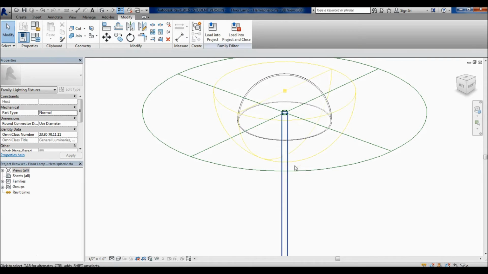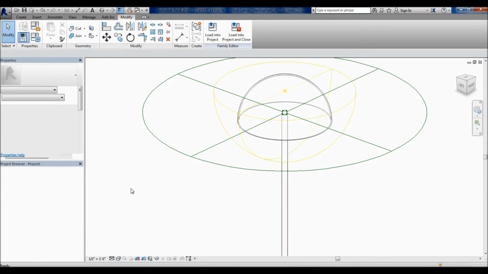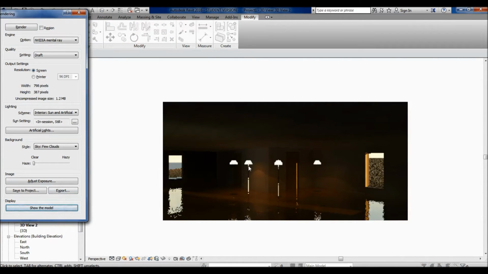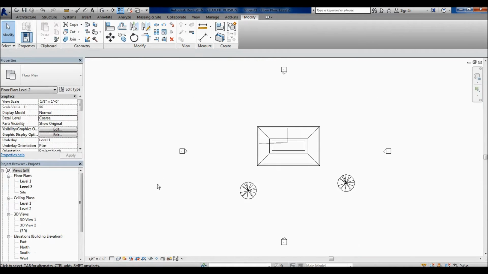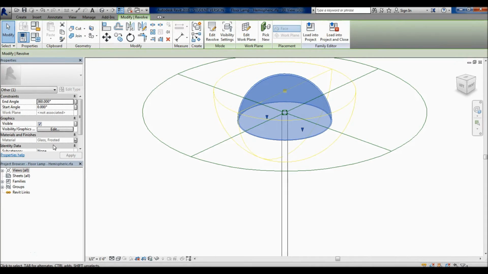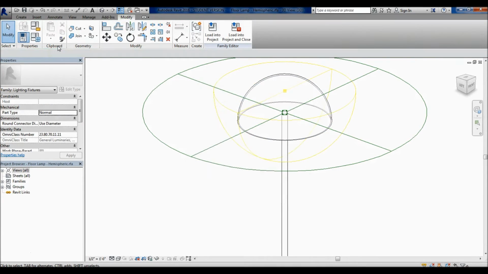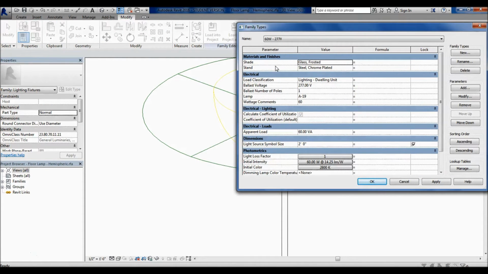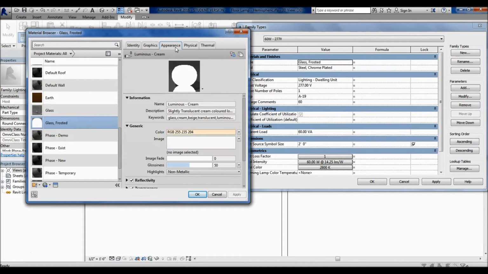Now, in terms of the top of this lighting up, when you actually run that rendering, if we go back to this here, and you look at them and it looks like they're actually lit up, that's actually a material setting. So if we go back into it here and select the top little piece, under Material it says Glass, Frosted, Shade. We come into the settings, right here under Shade, Glass Frosted. If we look at the material for that, and underneath the appearance settings, under Glass, what you can actually do